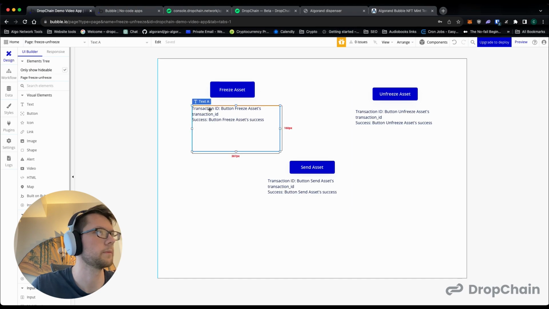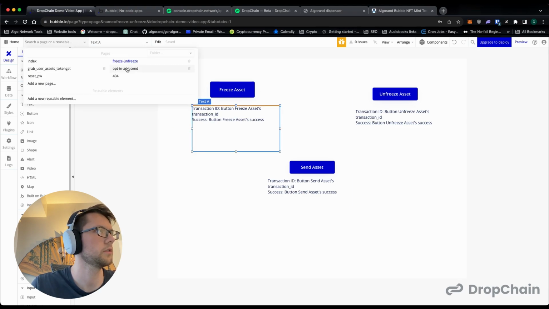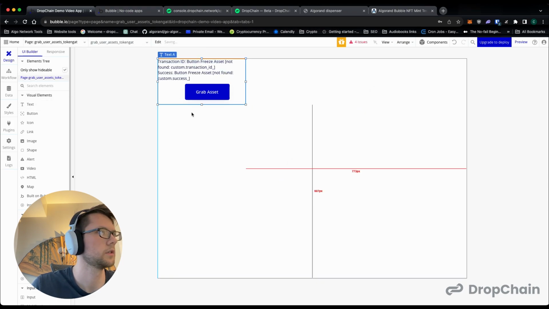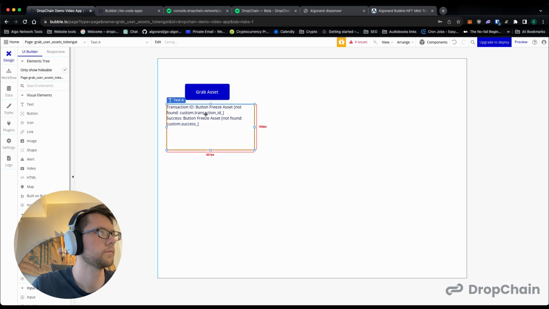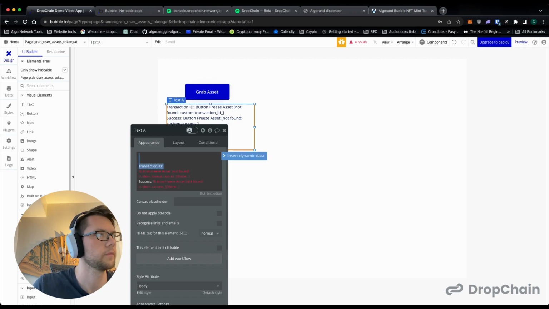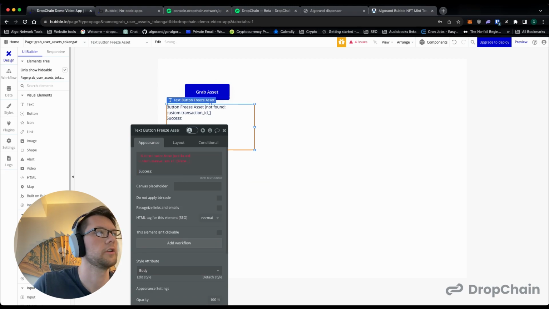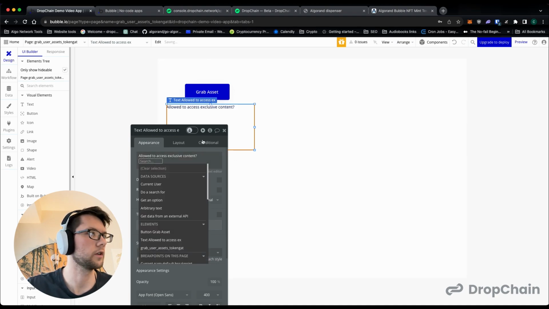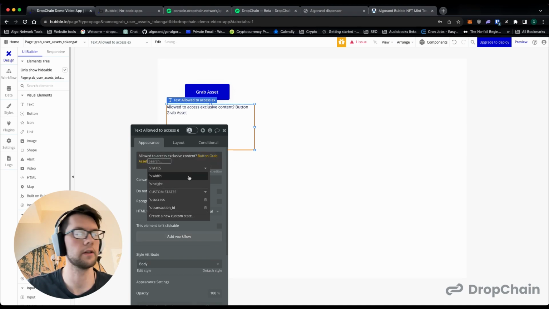We're also going to grab this section, which is a text element. Actually, we're just going to delete it all, so you can just create a new text element. Within this text element, we're going to add some dynamic content. We're going to grab from the button asset grab,